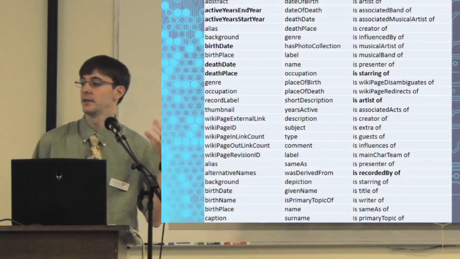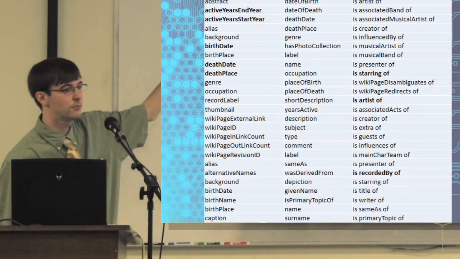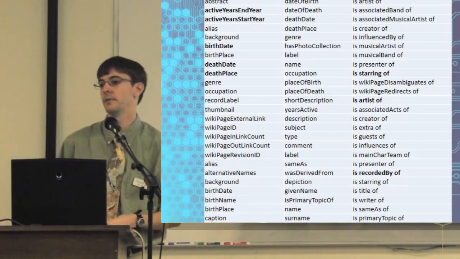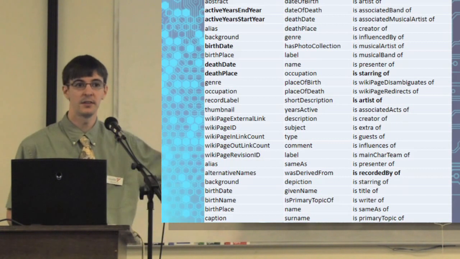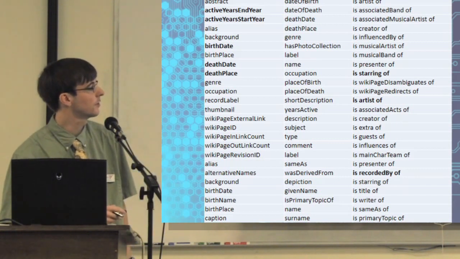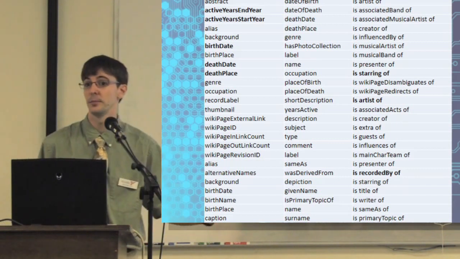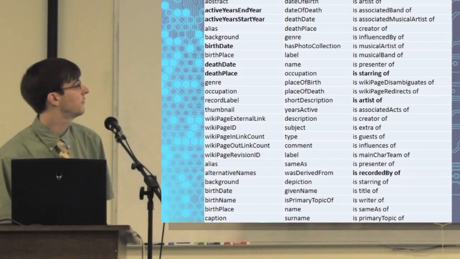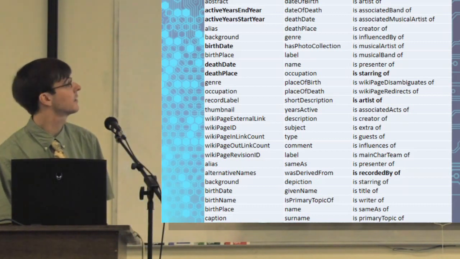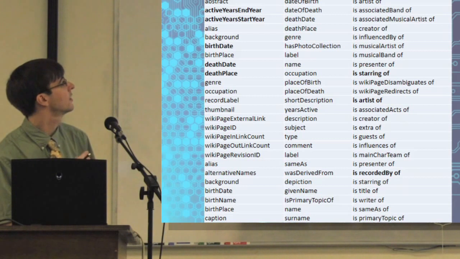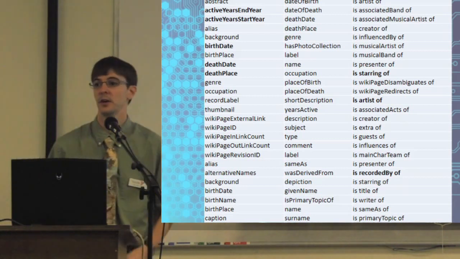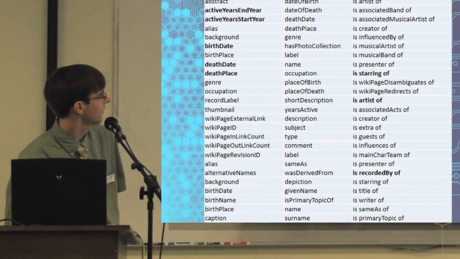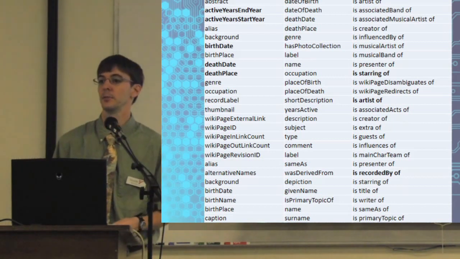Underlyingly, in DBpedia, they've pulled all these facts for Dean Martin. And every one of these facts can have multiple entries. For example, is recorded by of, so songs recorded by Dean Martin. Is artist of, is starring of, where and when did he die, where and when was he born, the years that he was active. Tons of facts. I'm sure his height is in there somewhere, but I didn't see it on this list that was mentioned in the previous one.